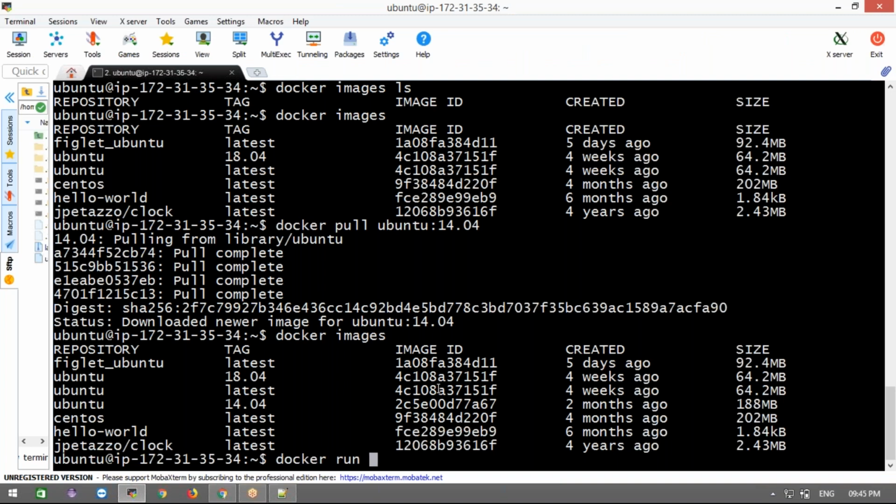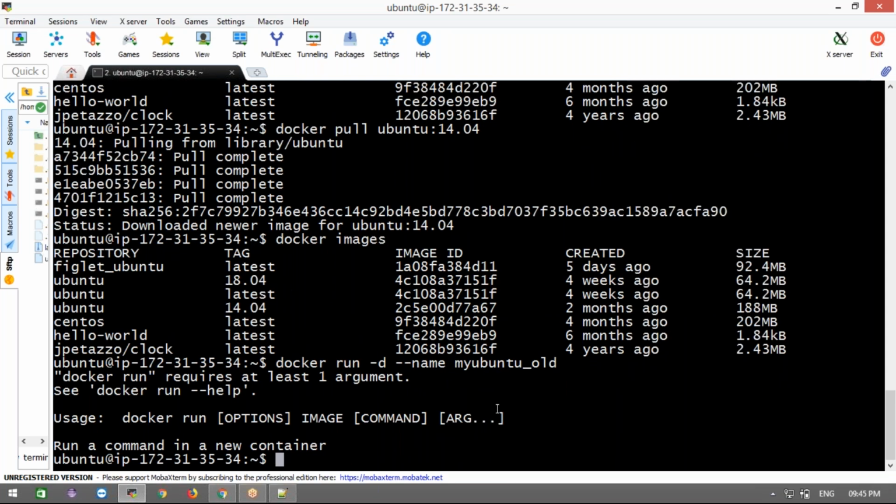Docker run -d. I'm going to run it at the background level with -d. Then next, guys, --name my_ubuntu_old. I'm going to give this name. Okay, --name is my own container name, and then I'm going to run it with -it here.